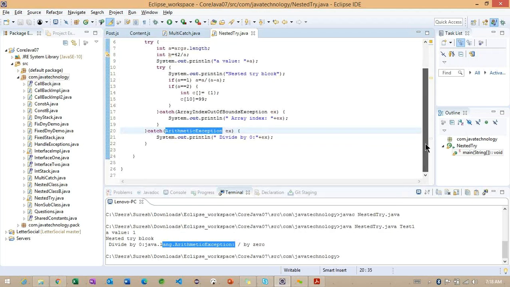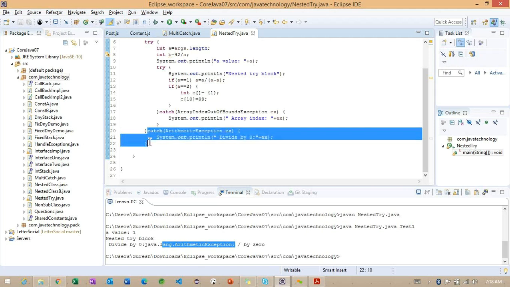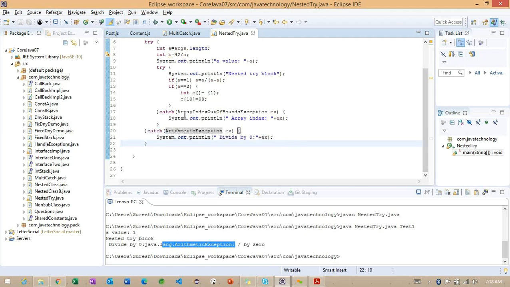So if the catch block is not handling, the nested block is going to check the outer level of the block. Getting the point. So this is because this particular block is executing. This particular block is executing here. Right. Now we have identified.